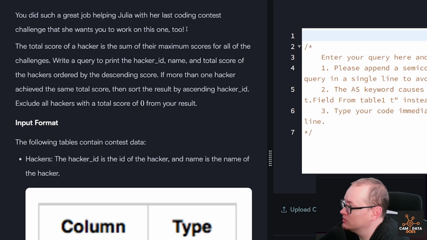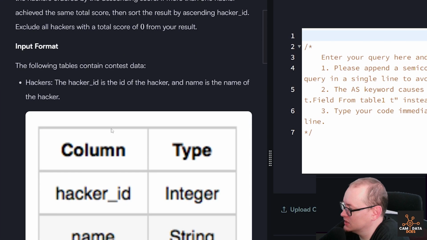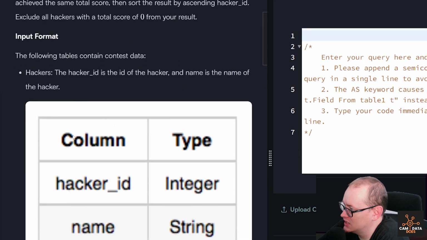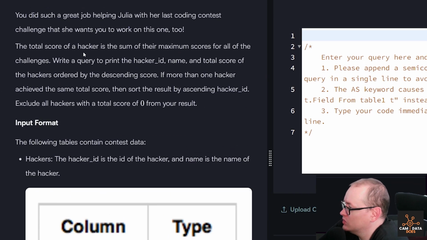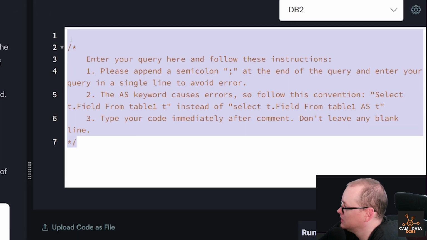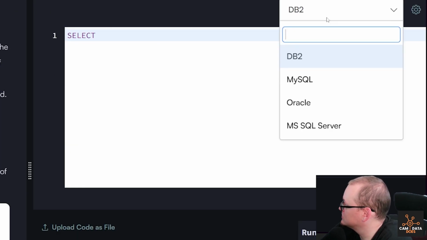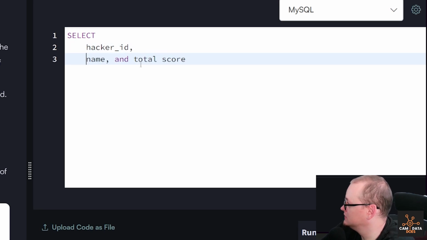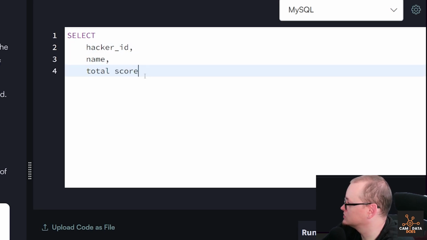So let's look at this. You did such a great job with helping Julia on her coding contest. I think this is a series of questions, and there are other questions that you did on this same data. So the total score of the hackers, the maximum score. All right, here's what we want. Write a query to print the hacker ID, name, and total score. So those are the things I want. Select, make sure you're on MySQL. So I want to select hacker ID, name, and total score